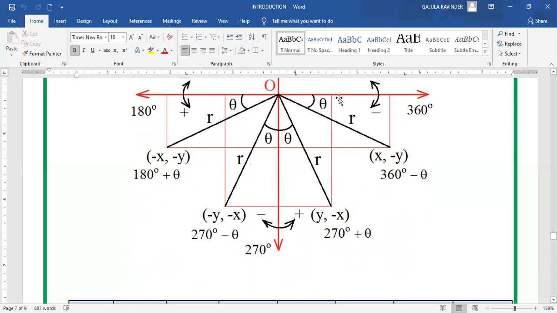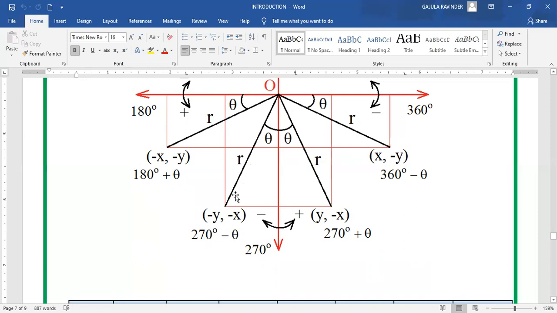Minus theta. That means theta is taken in the first quadrant, so minus theta will be taken like this. This is the angle for minus theta. Otherwise, 360 minus theta also can be taken. 360 minus theta and minus theta will be the same. So here this is 180 plus theta. In the counterclockwise direction, adding theta, the terminal ray will be taken as 180 plus